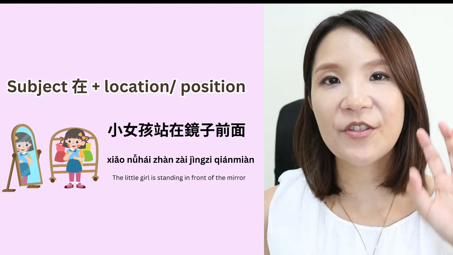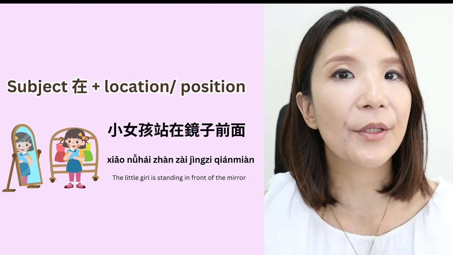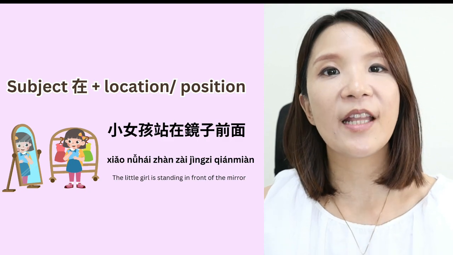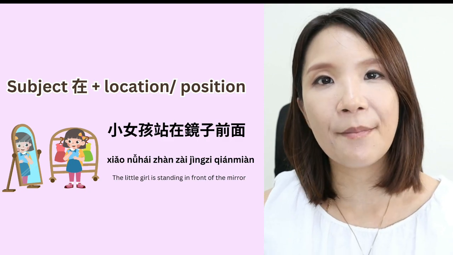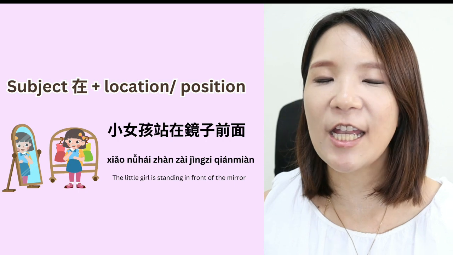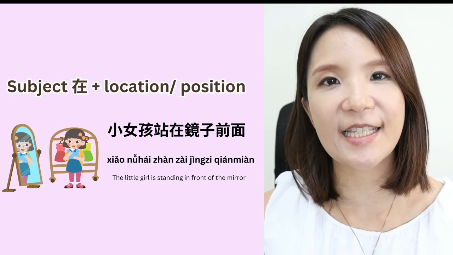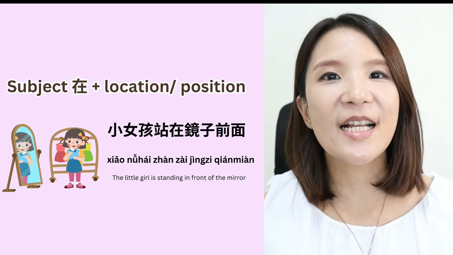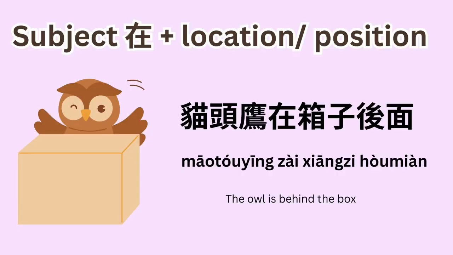So first you have to say 镜子, the mirror, and then in front of it. 镜子前面。小女孩站在镜子前面。